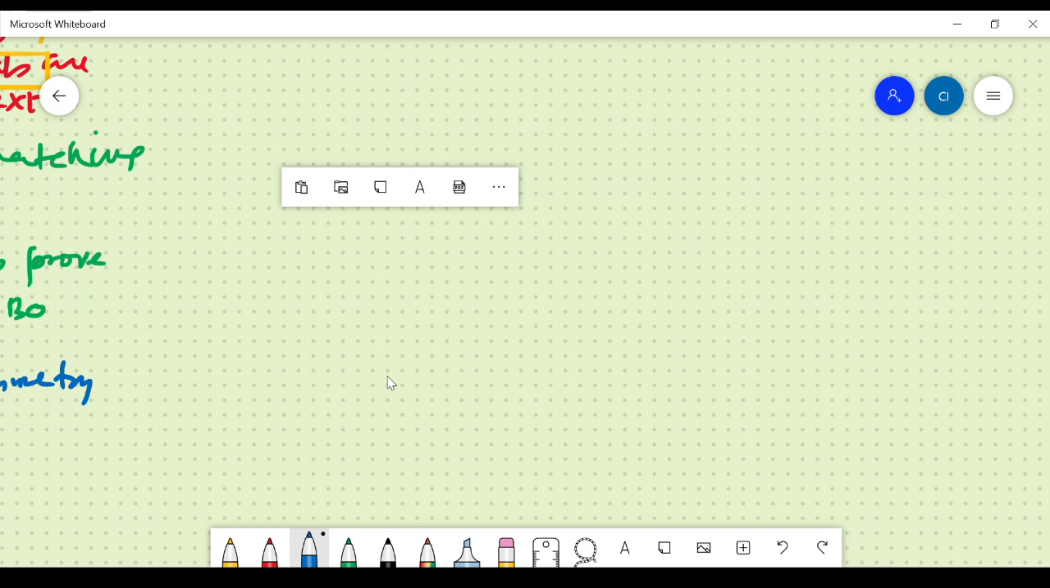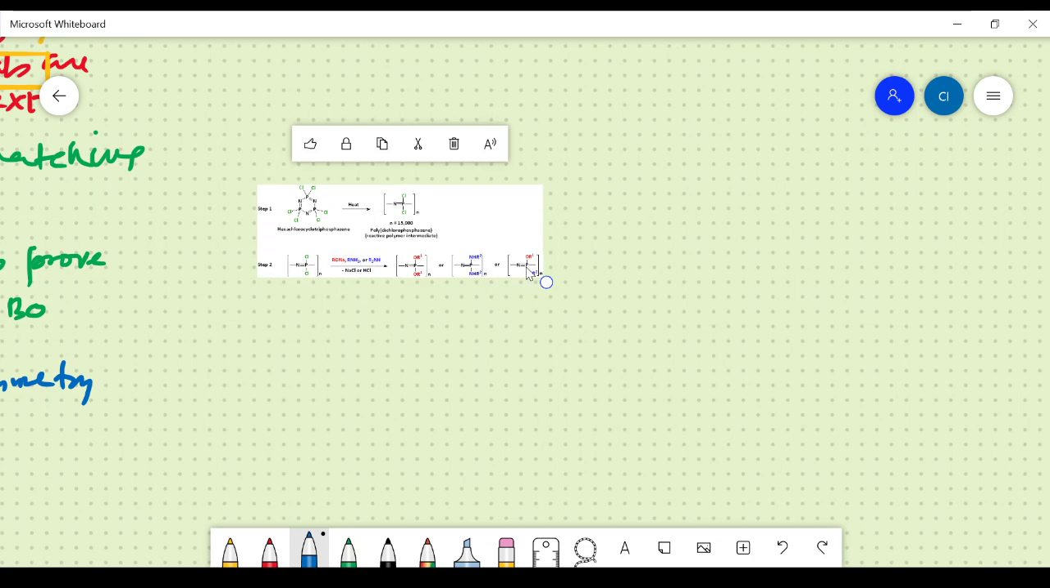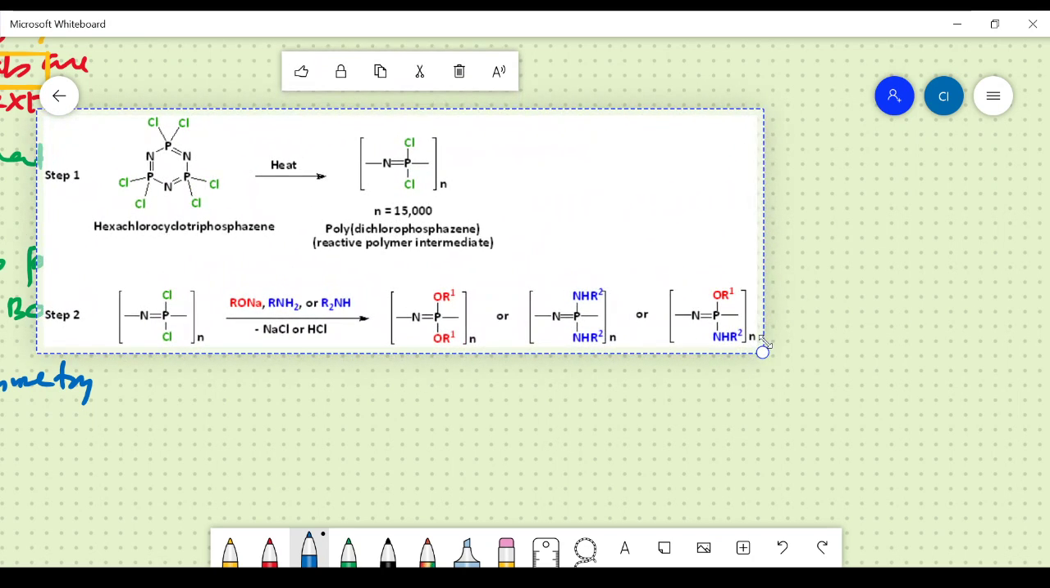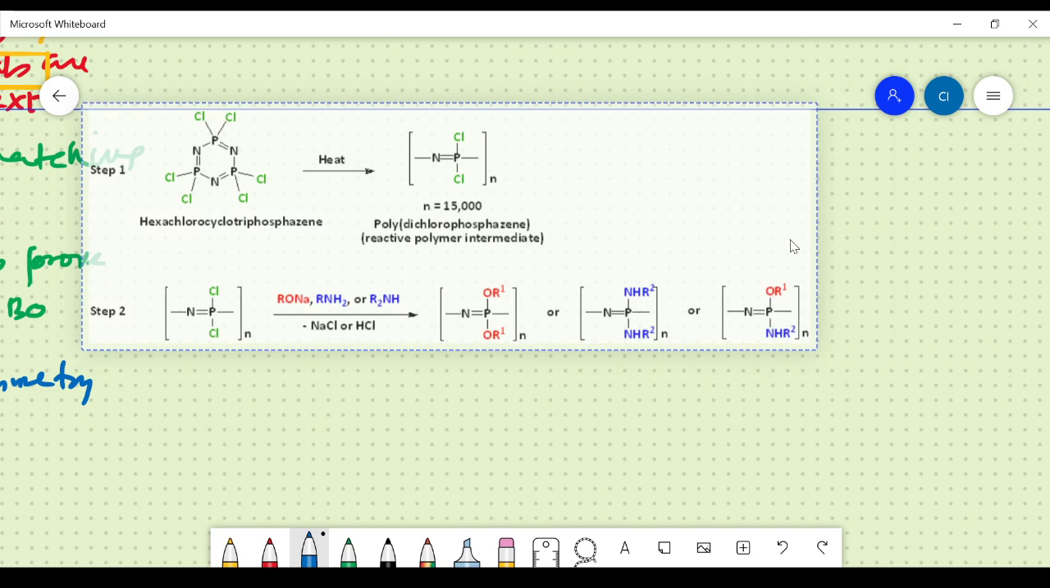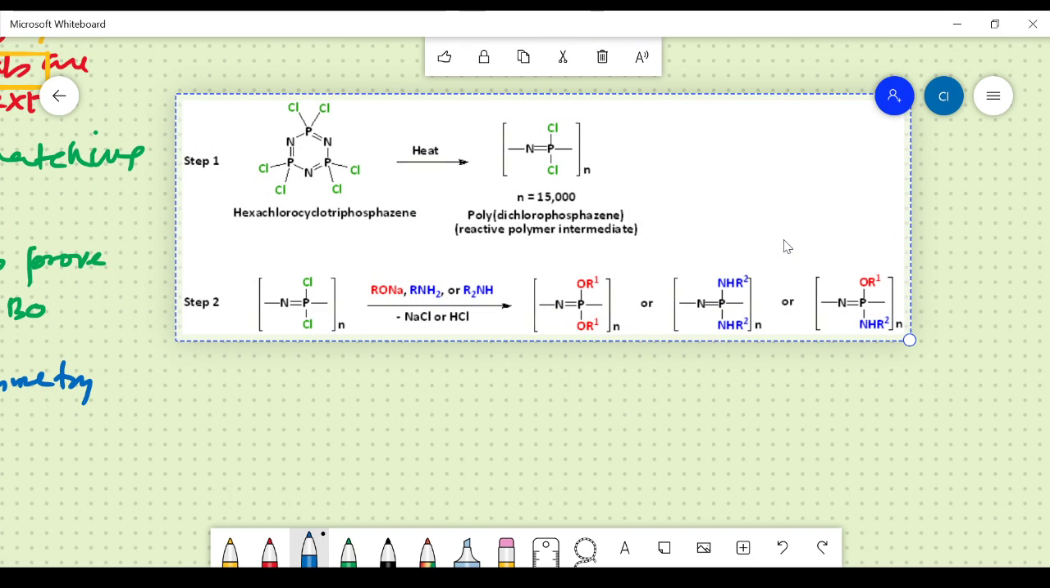Here is the synthesis again. Okay, so this synthesis is what you have to write. You have just seen it. So you take up this